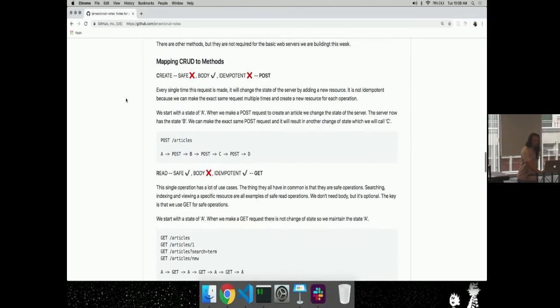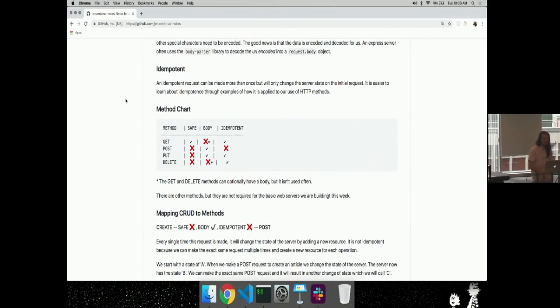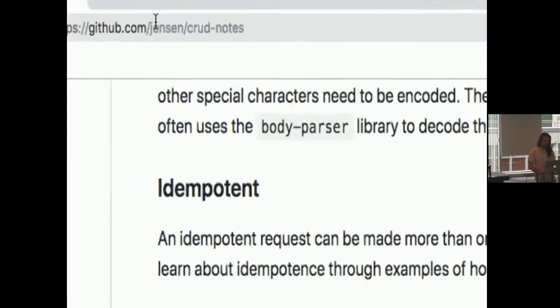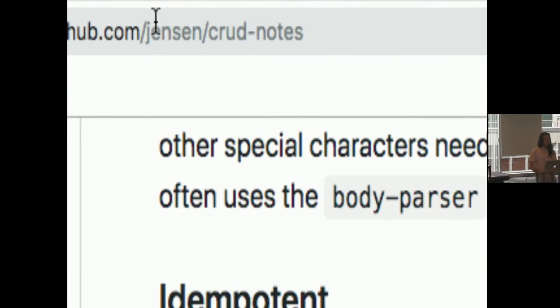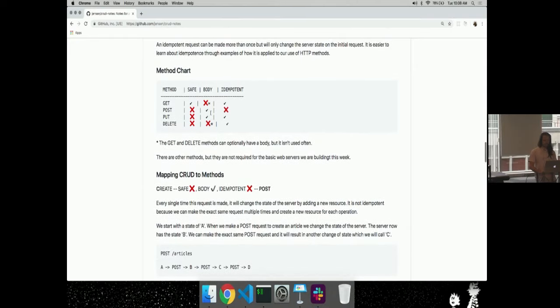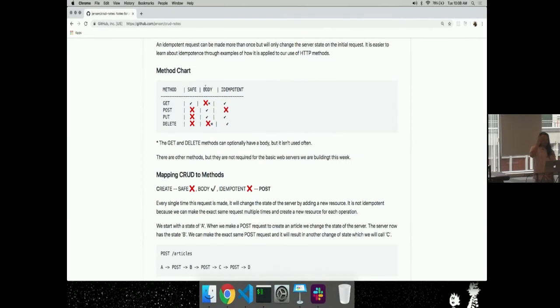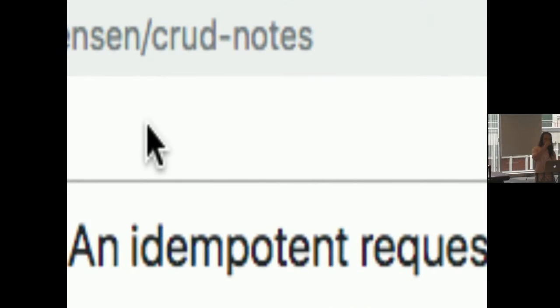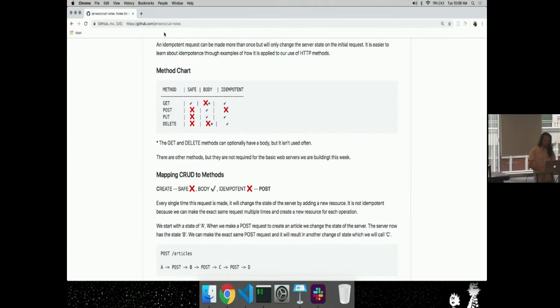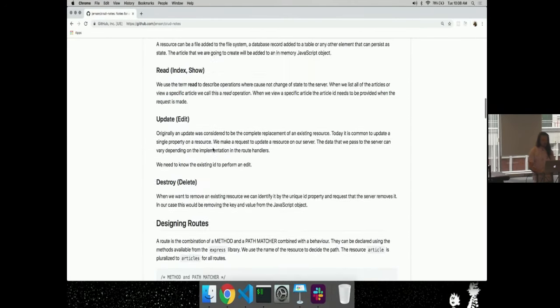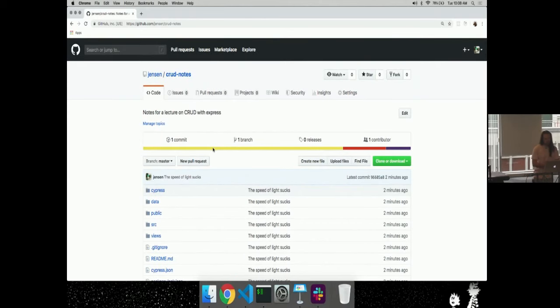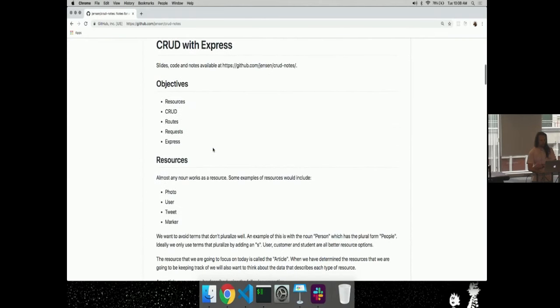So these notes are here now. Jensen, yeah, Jensen. Sometimes this happens. The first time I didn't get a chance to test these out, so one of the emojis worked, but not the other one. It's okay. Well, not deployment notes. This one's CRUD notes. The deployment ones would be for a different lecture. No problem. So we'll find all the notes on there, under the README for CRUD notes, and it should just be on that first page.